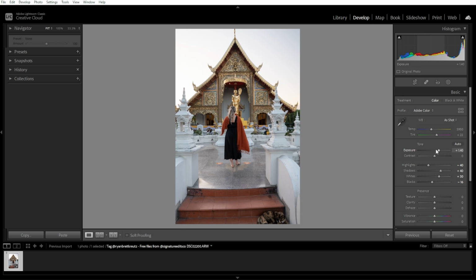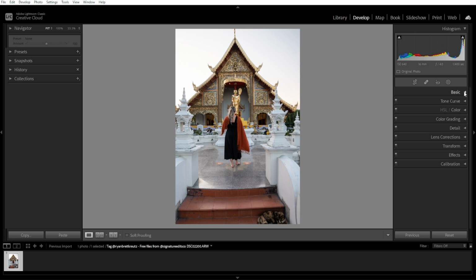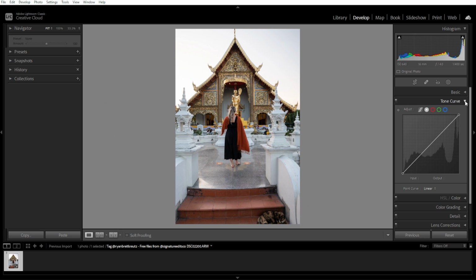The third step is adjusting contrast for depth and impact. To do this, you can increase the contrast at around 10 to 30 to make the images pop. And you can use a tone curve for more control. With a tone curve, you can create a gentle S-curve. To do this, start by lifting the highlight slightly for brightness, then deepen the shadow slightly for contrast,